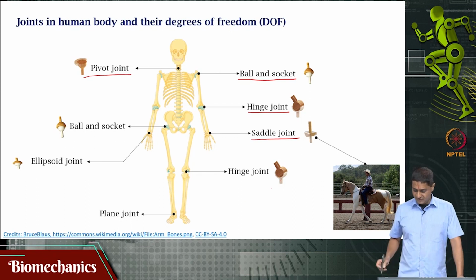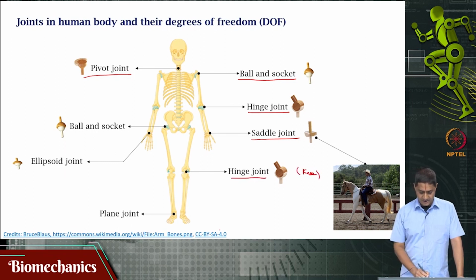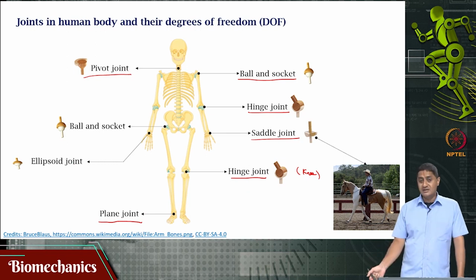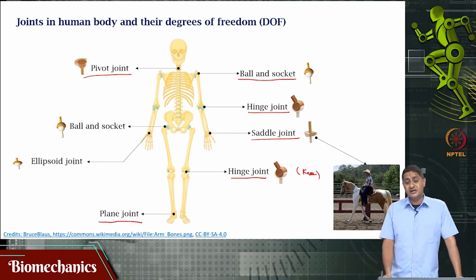So, there are 2 degrees of freedom that are possible. Then you have a nearly perfect hinge joint in the knee, and a plane joint in the ankle, okay. And of course, the hip joint is a ball and socket joint, and then you have the wrist joint,